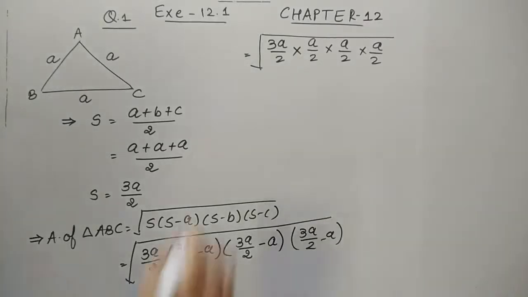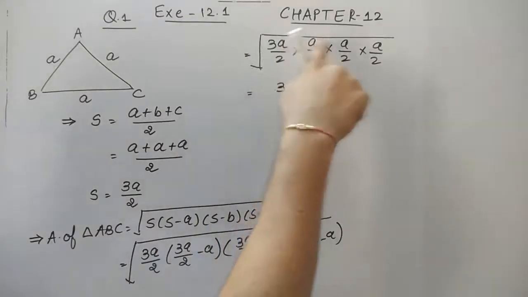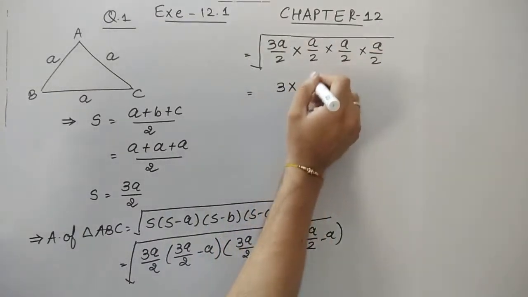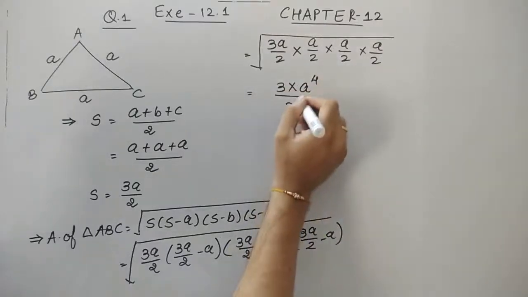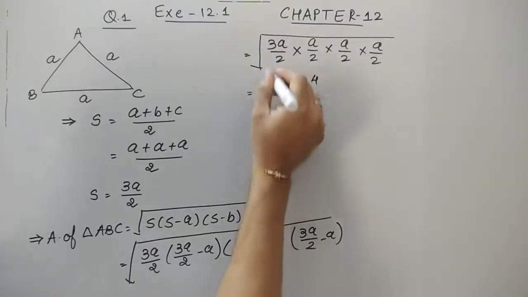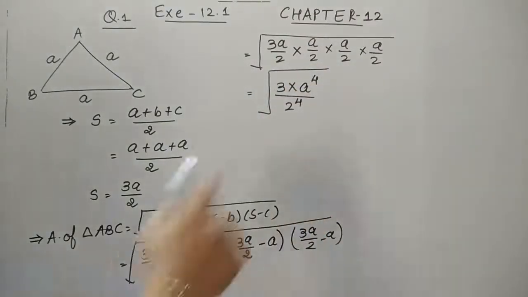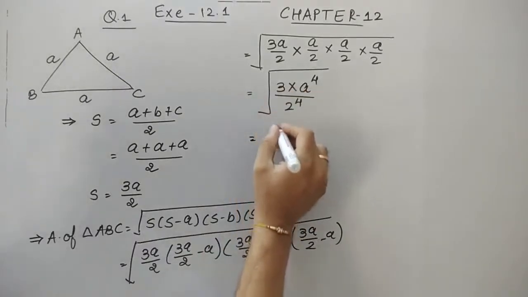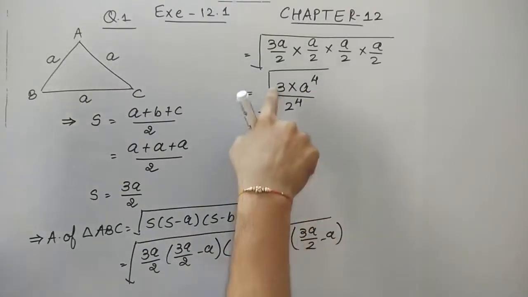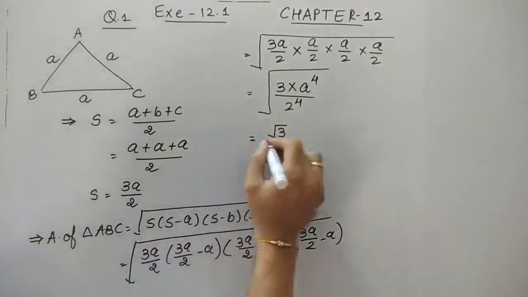Now let us find out the square root. So you can see it is 3. a is how many times? It is 4 times. And 2 is how many times? It is 4 times again. If we want to remove the square root, these both are perfect squares and should be written outside. So I'll write the constant term first, that is root 3, because 3 is not a perfect square, so it should remain as it is.